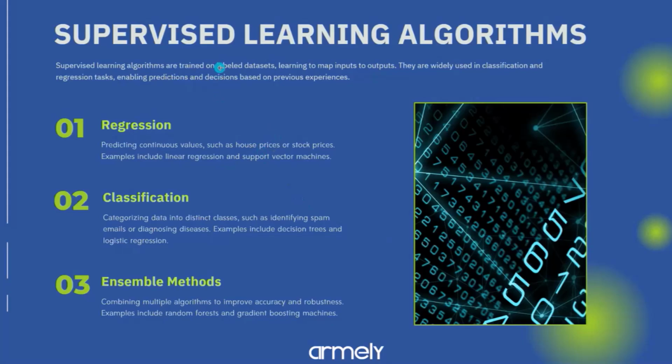Yeah, like we said, it's on labeled data sets, and then it has subsets. So an example is regression. Regression is anything that has numbers. So when you're predicting using numbers, that's regression. And then